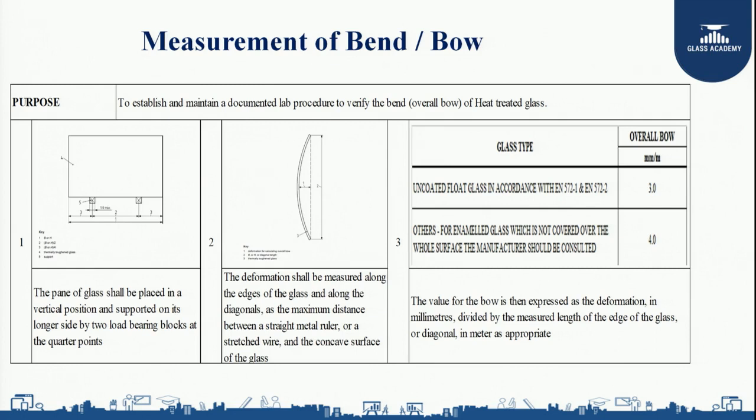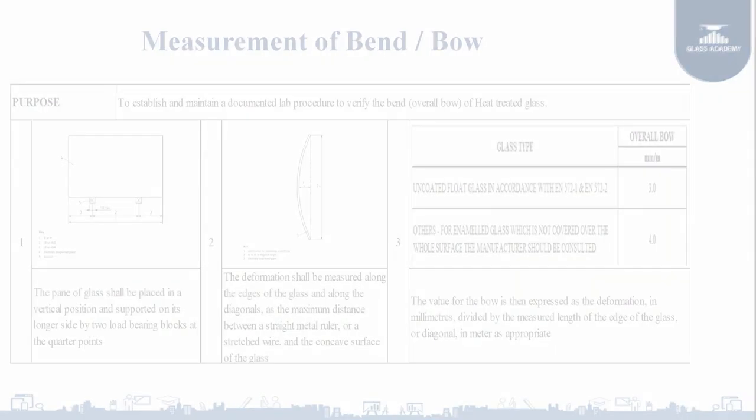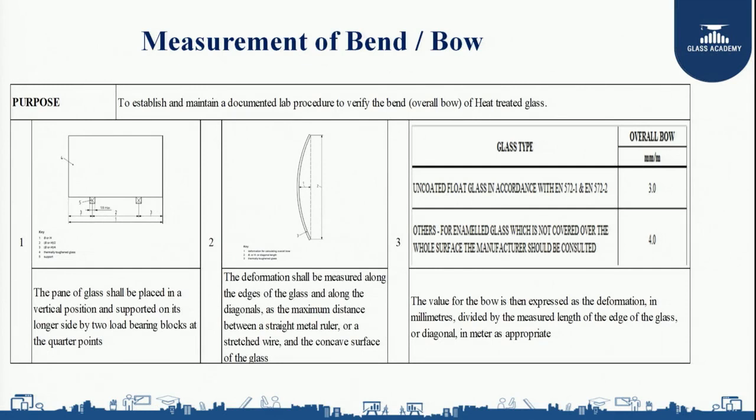If you see in the figure, if my glass has a bend or a bow, I measure with the help of a straight edge or straight ruler and a taper gauge. When I try to insert the taper gauge between the glass and the straight ruler, if I am able to find a gap between the glass and the straight ruler, that is my bend. That is how I am going to measure. So the deformation between the glass and the straight ruler indicates the bend. You can see in the second figure, after the heat treatment process is over, there is a gap between the glass and the straight ruler. We are going to measure that with the help of a taper gauge scale.